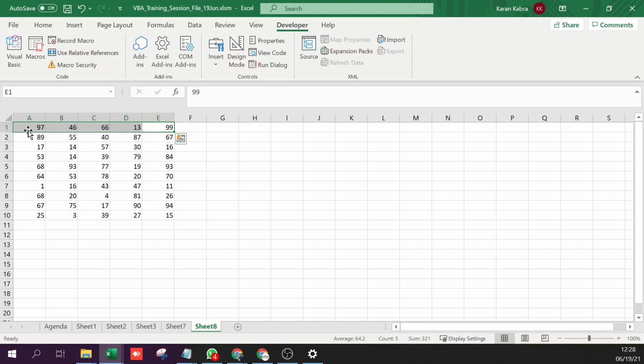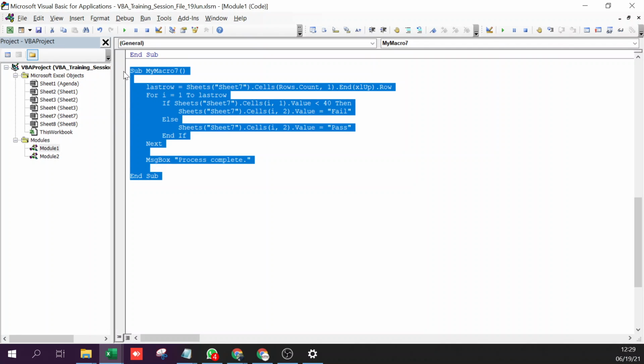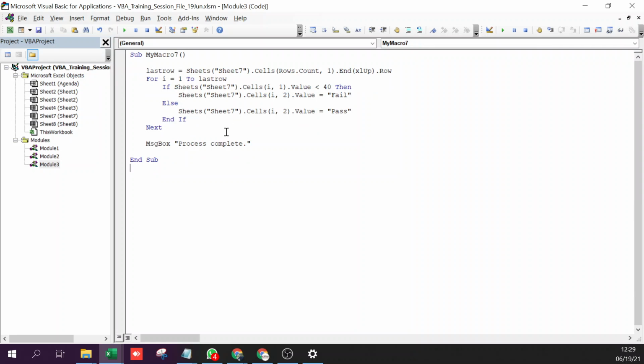Right? So two for loops is something that we would need, because I cannot write the I for loop 5 times. Otherwise, I'll have to write the I for loop 5 times, which I don't want to do. Even if you write it once, then you will have to write 5 statements. So here what I simply do is, let me insert a new module. There are too many macros here. My macro 8.